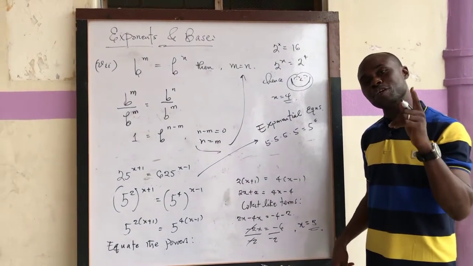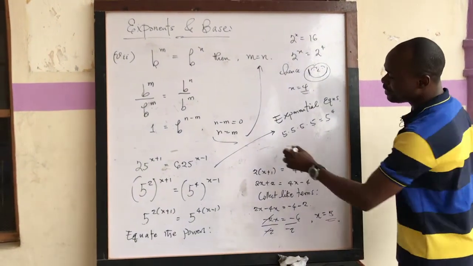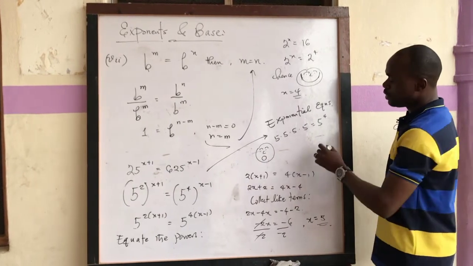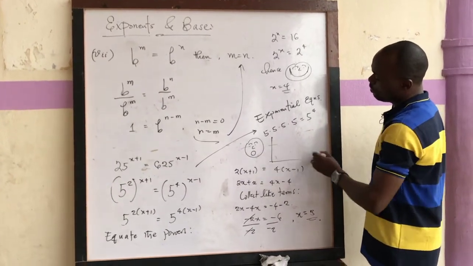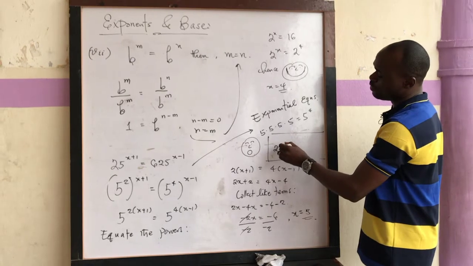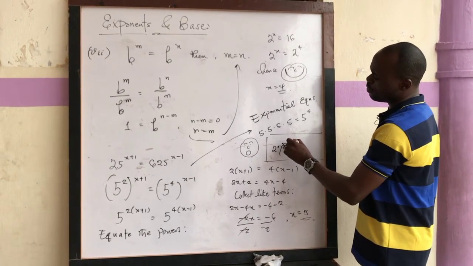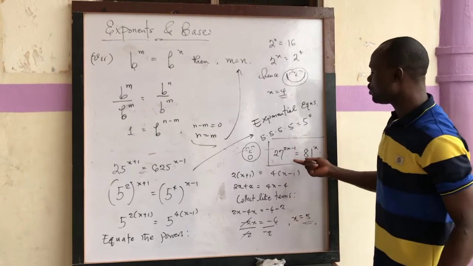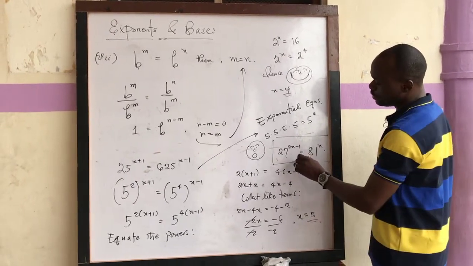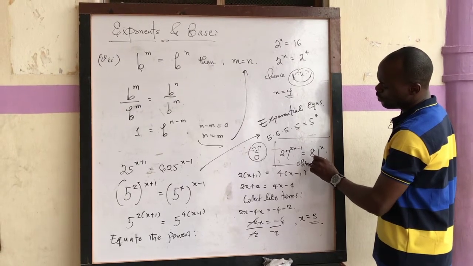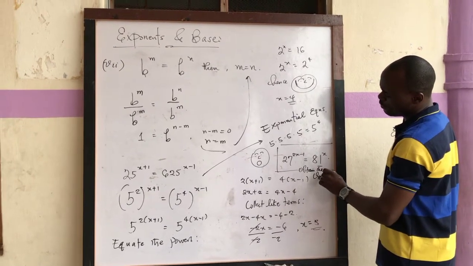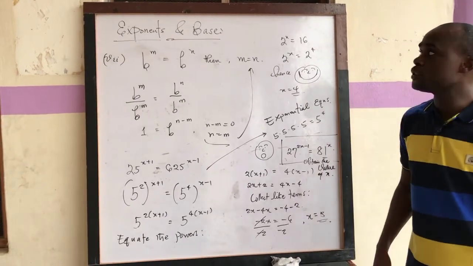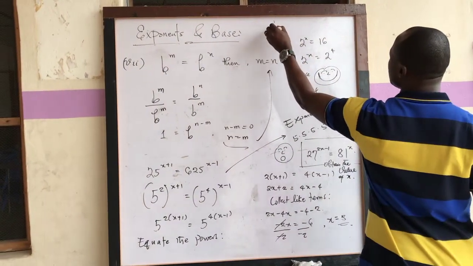So I'm going to test you by giving you your own assignment. Don't be sad about that. Just want you to be anxious. So this is what you're going to do with my little box. We're going to try 27 raised to the power of 2x minus 1 equals 81 to the power of x. So I want you to give this a try and obtain the value of x. So you can always discuss with me on my email,